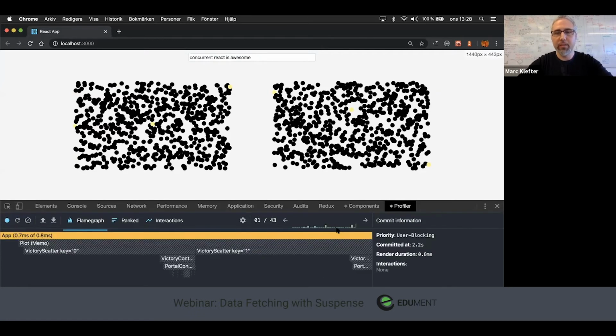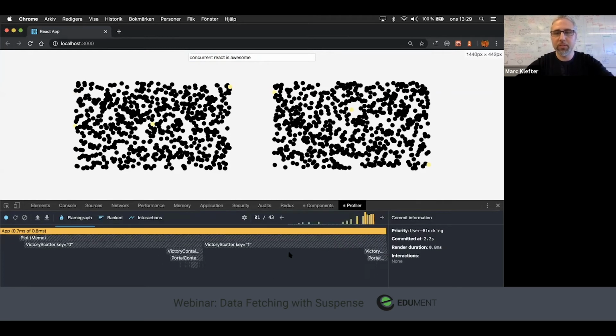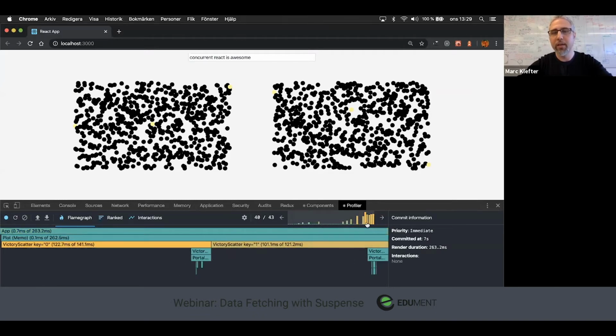Hopefully everybody can see this graph here with a few bars. This represents my inputs, whatever I type into the box, and my graph updates. So you can see that we have a lot of bars, and this represents the time it takes to render